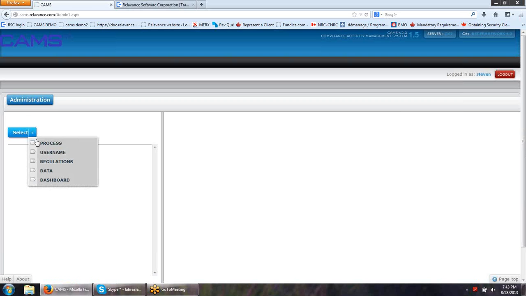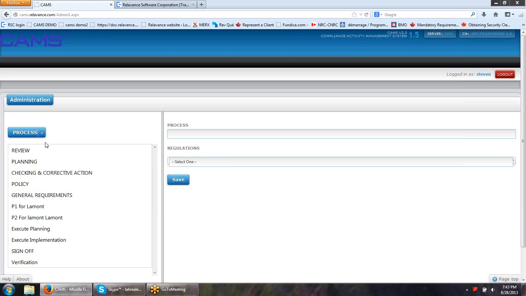We're going to the administrator console. First of all, just to click the first one on the list, we're able to change or modify the process that is being looked at on the other side. So if we're saying that there's an extra step in there, then we can do that. Or we can add a process to a new regulation,